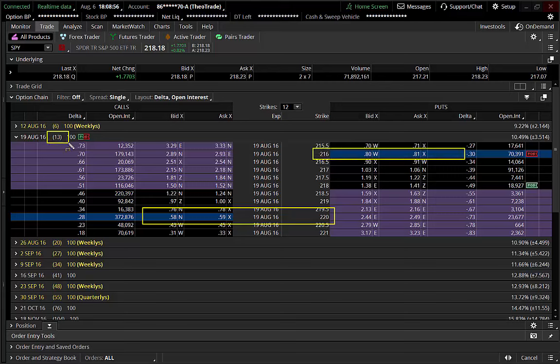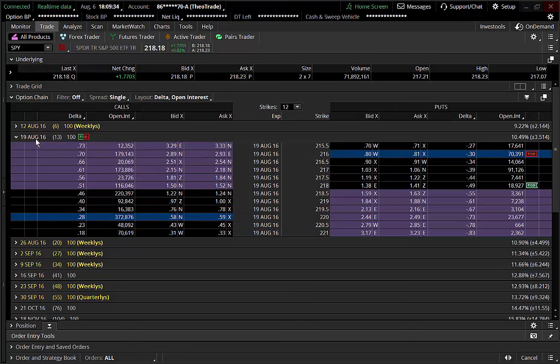Okay, this is only a 13-day option over here. The puts are trading for a huge premium over the calls. And just to quantify, the stock is actually leaning towards the 220 calls, meaning the 220 calls should be trading a little bit more. They're not. The puts are trading for more. What does that mean to me? It means right now, if you want to squeeze a little bit of juice out of this market, you'd be short the Spiders and sell the puts. Why? Because the skew favors right now those that are short.